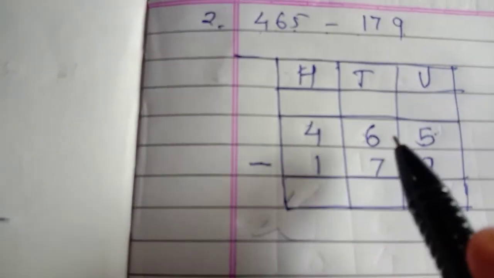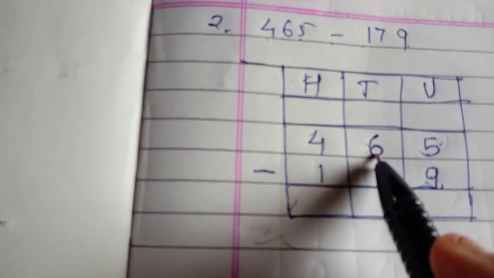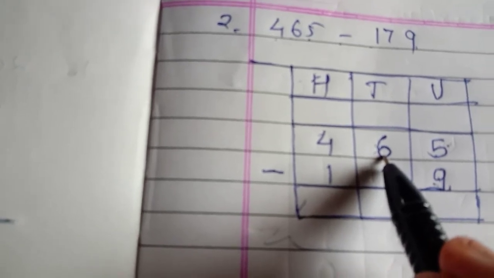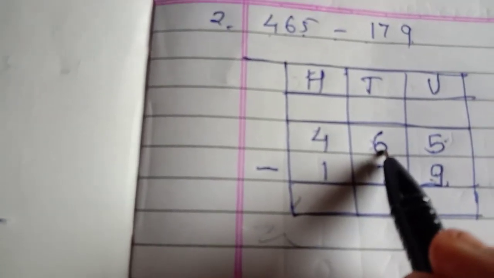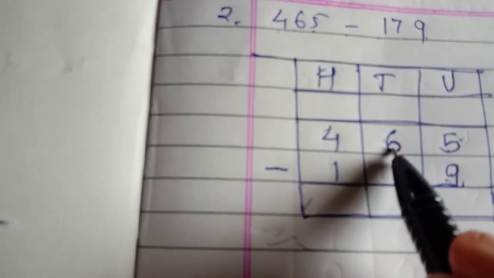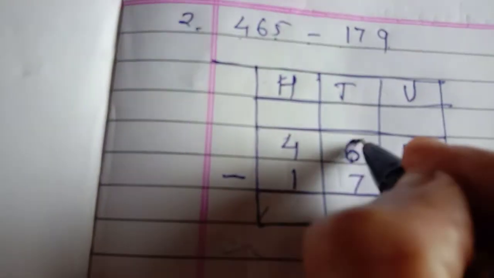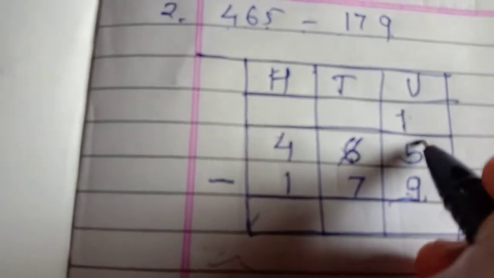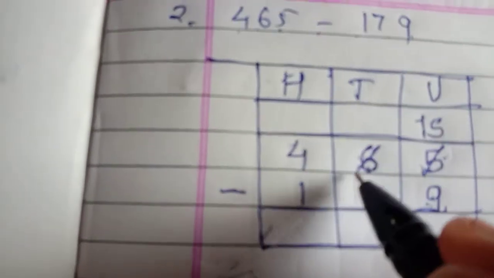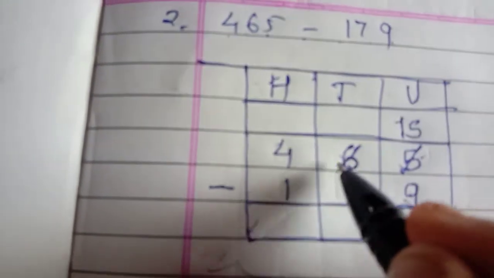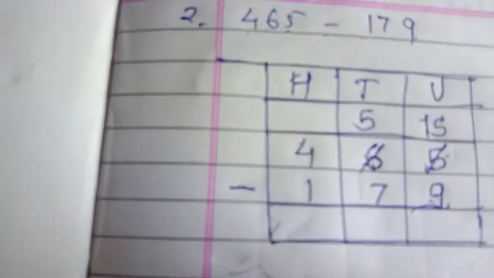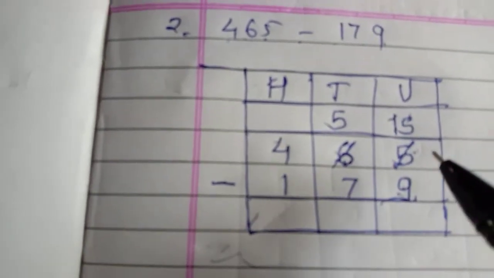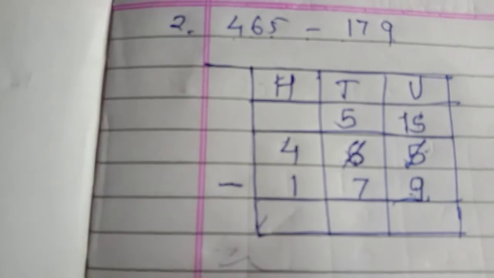We have 6 tens, of which we can borrow 1 ten here. 1 ten means 10 units and this 5, that is 15 units. From 6 tens we took 1 here, so here 5 tens are remaining. So now you can easily subtract 15 minus 9, that is